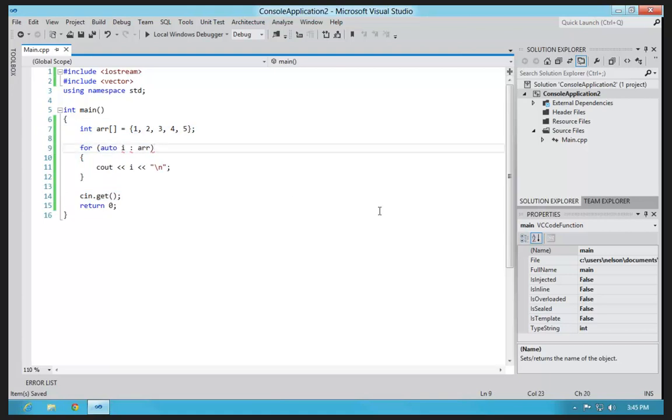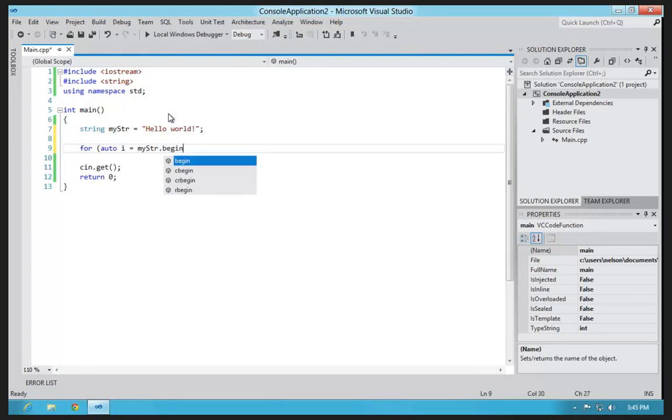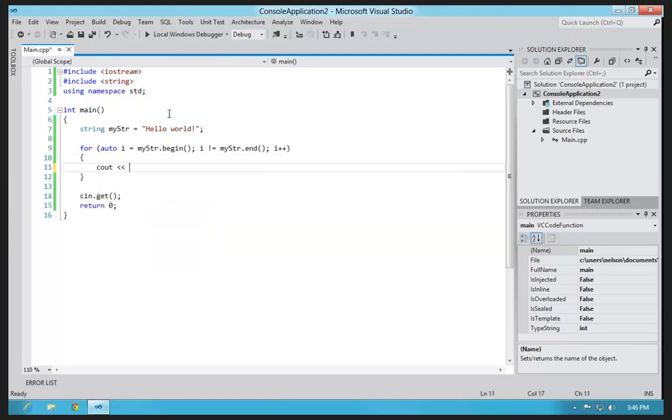Now, I want to point out to people who understand what I'm about to say that range-based loops will also work on objects that define a begin and end method. So, for example, now that we've talked about strings, we can talk about their begin and end methods. If I wanted to loop through all the characters of the string, one of the ways I can do that is say for auto i equals meister.begin, i does not equal meister.end, i++. And then I can say inside of here,